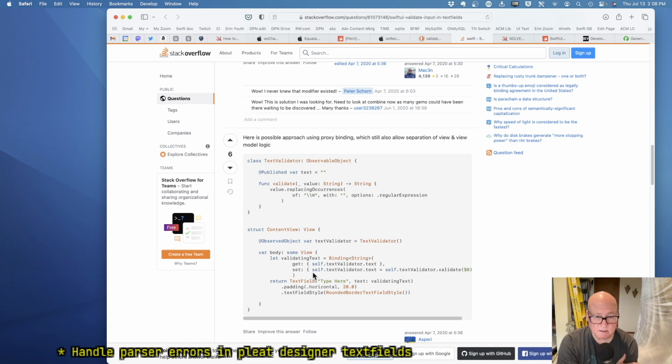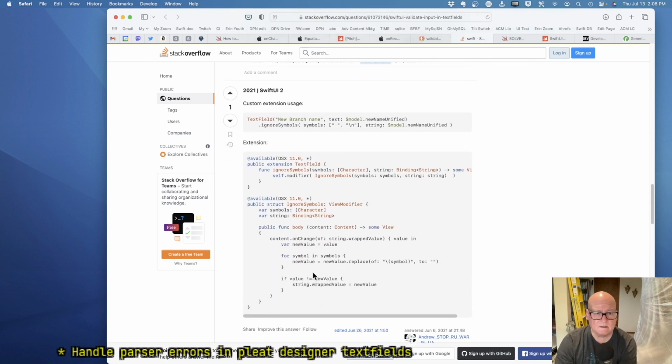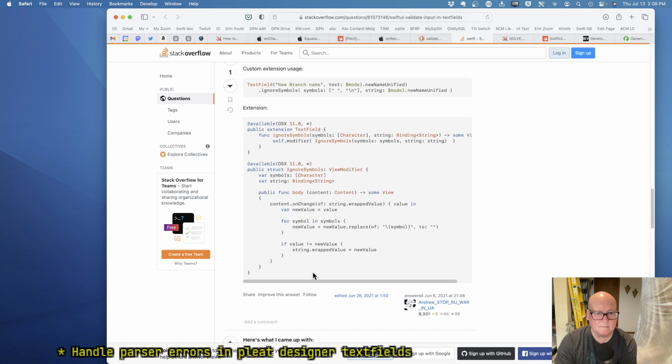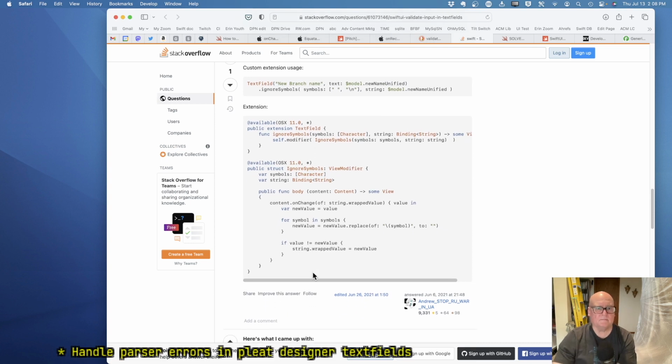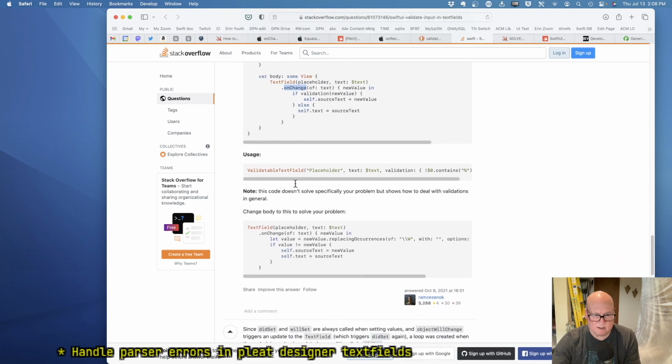Binding to string, okay. No, that's not quite there. See, on change, we just saw that it doesn't seem to send the changes when it's not valid.